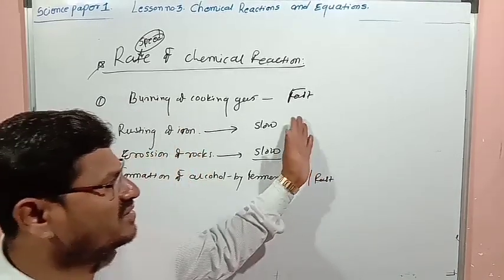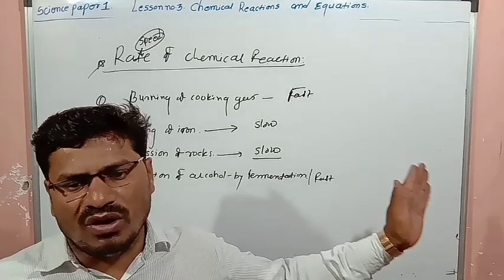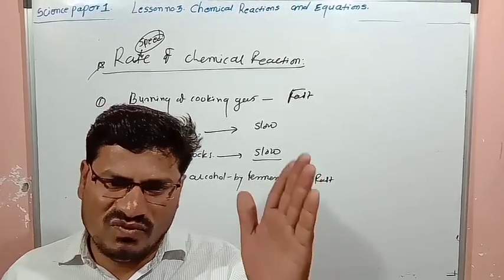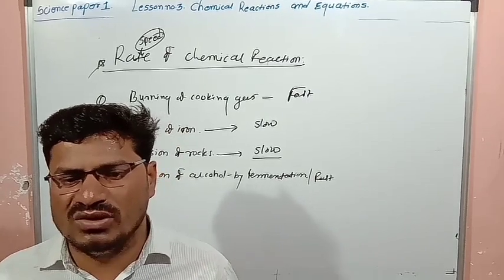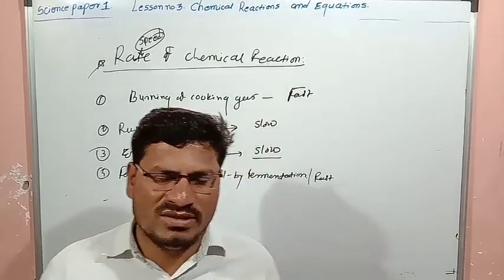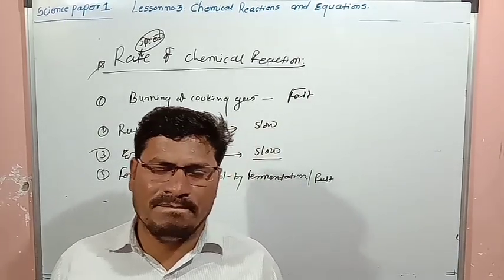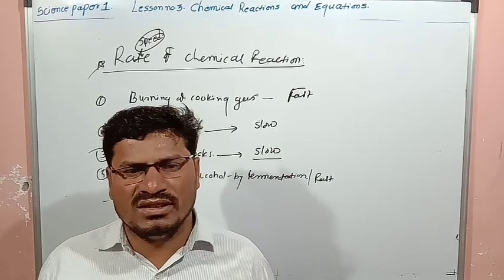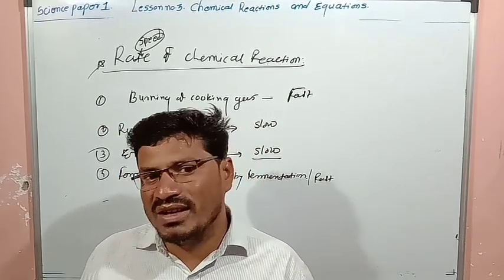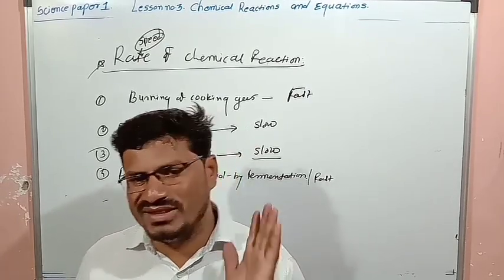And for chemical reactions, for chemical processes, some factors are necessary. Some reactions are fast, some are slow, and to increase the rate of that reaction, we are going to learn some factors. Five factors are there. First one is the nature of the reactant. Second one is the particle size of the reactant. Third one is the concentration of the reactant. Fourth one is the temperature of the reaction, and fifth one is the catalyst. So those points we are going to discuss.